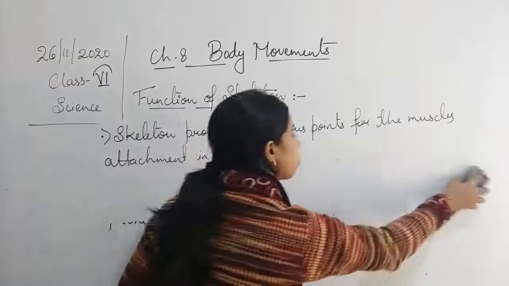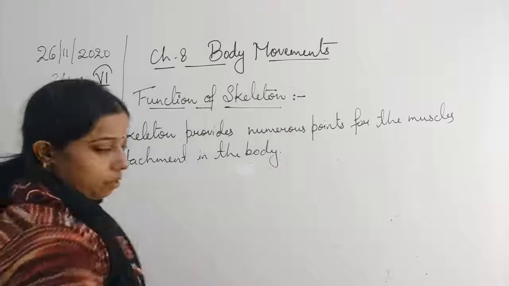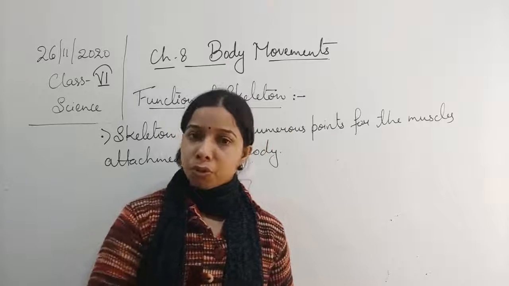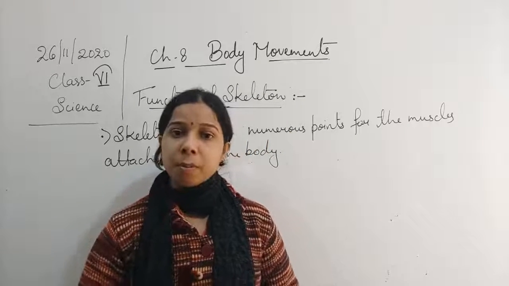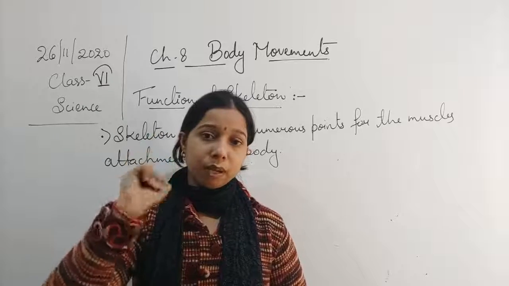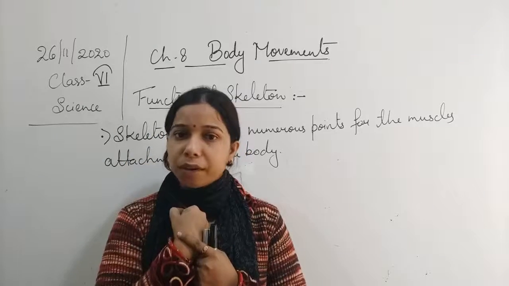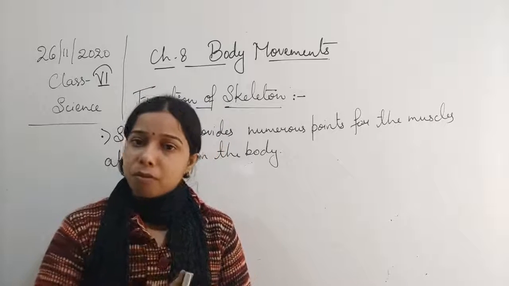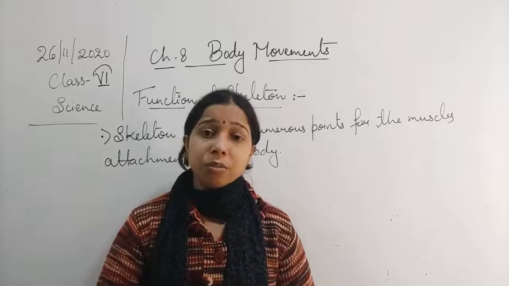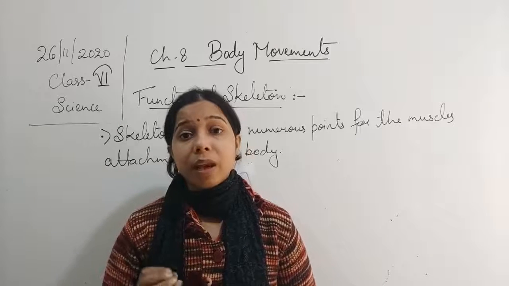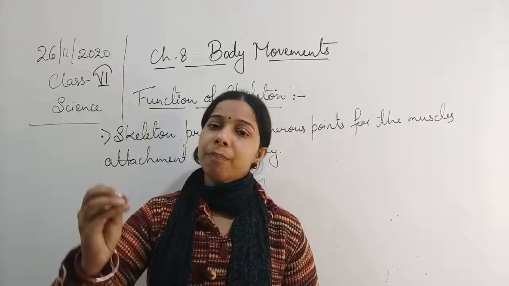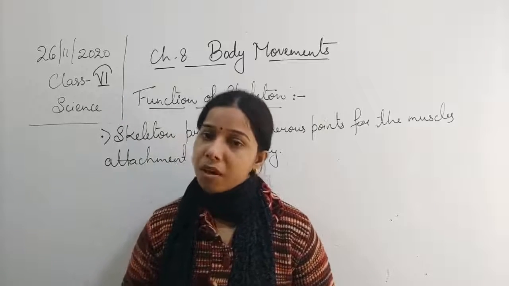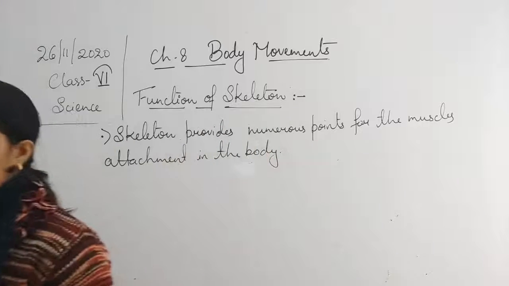Now, you see students, when you are moving, it is your body which moves. So, for locomotion purpose, for movement, you can move your hand because there is a joint, and the muscles and the bones all together help in the movement. So, we can say that not only the attachment, but it also helps in the locomotion and the movement of different body parts along with the muscles. Okay, so we can write it.